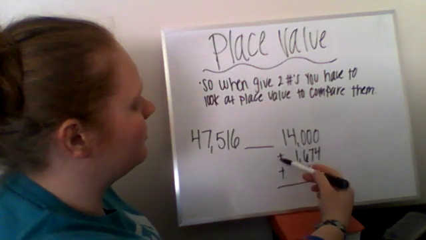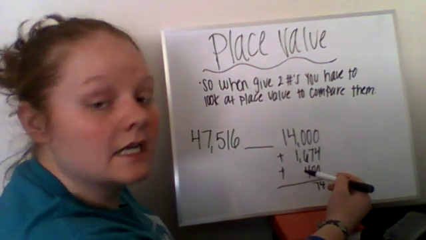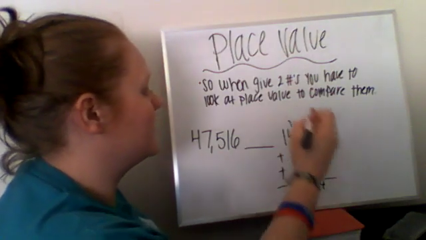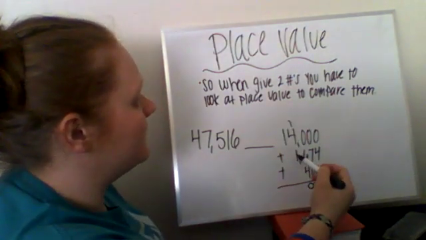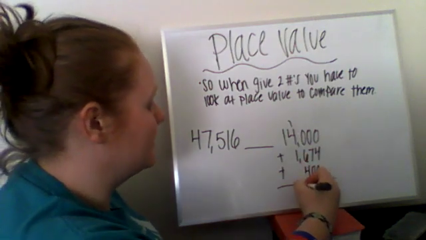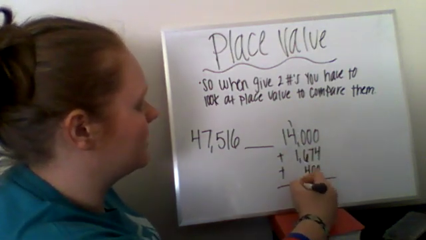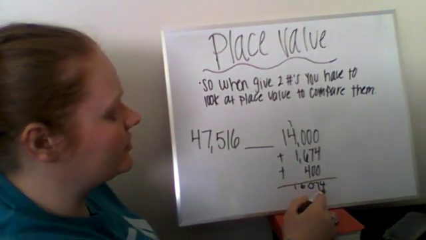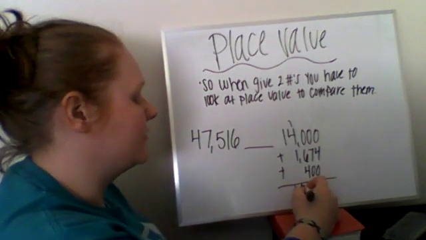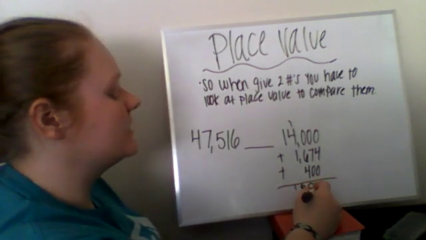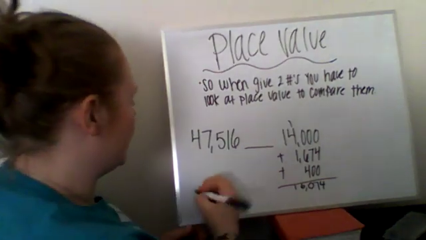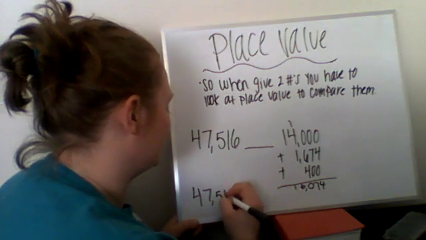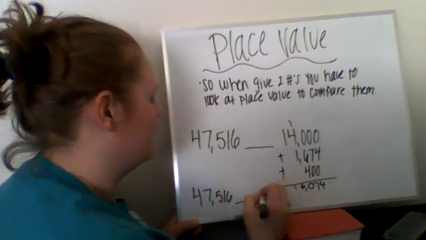Then I have 0 plus 6 and 6 plus 4. 6 plus 4 is 10, so I'm going to put my 0 down here, carry my 1. 4 plus 1 is 5, plus this extra 6. Then I'm just going to bring my 1 down. Then you bring your comma after every third number. So I have 1, 2, 3. So my comma is going to come right after the 0 or right before the 6. So now my numbers that I'm going to compare are 47,516 and